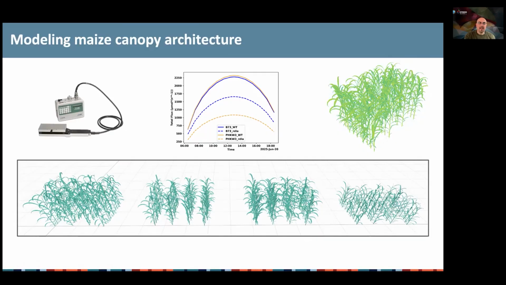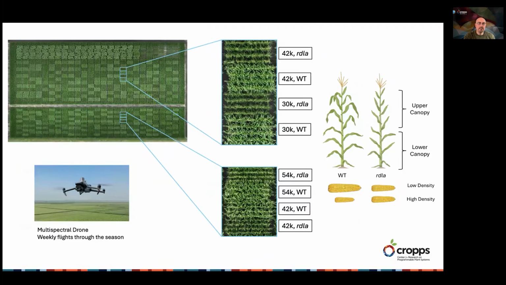What's really exciting for me is her model predictions have started to mirror what we're seeing in the field. Such a digital twin is very powerful when thinking about designing and programming plant architectures. Now let's talk about the real field, where we look at how changes in leaf area can be tuned for